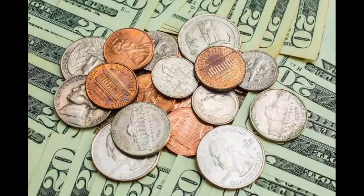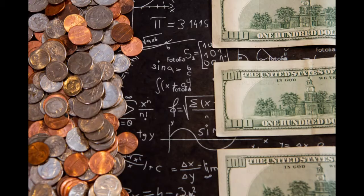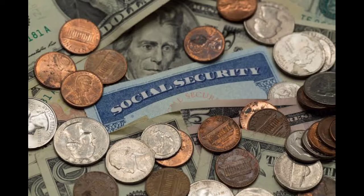The IRS is sending third stimulus checks out, all while trying to process tax returns at the same time. And if you've already filed, tax day is now May 17th. If you haven't, you're likely expecting your tax refund to arrive any day now. But with the IRS tied up in the $1,400 check deliveries, it's causing complications and delays, which could impact when